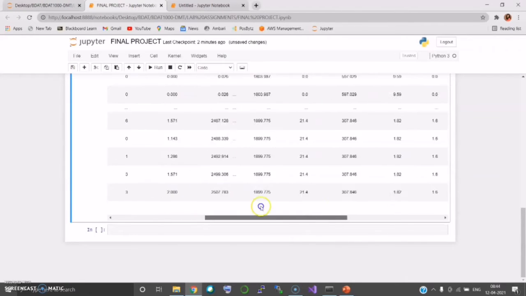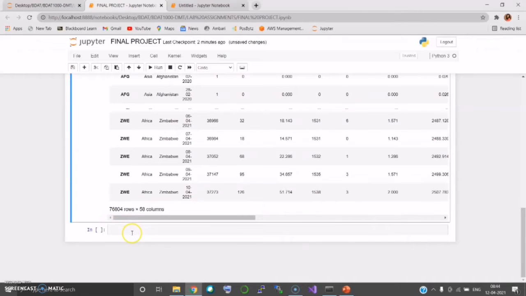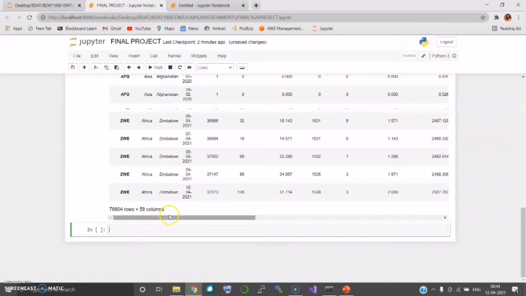I have to reduce that. I don't want 58 columns to be displayed. So I'm removing unwanted columns which I'm not going to use for my visualization.